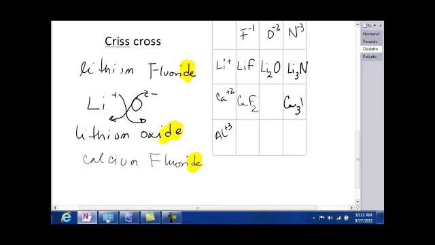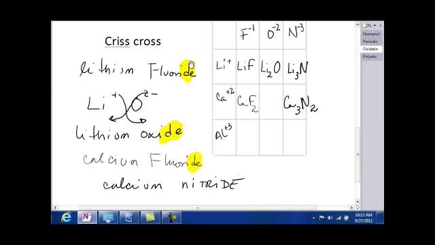Ca3N2, and the name calcium nitride. So my rule is, if my oxidation numbers for my metals are fixed, meaning if my metals belong to